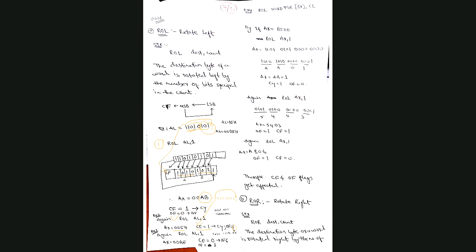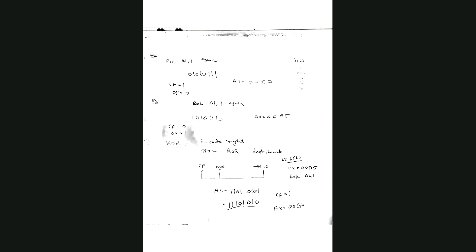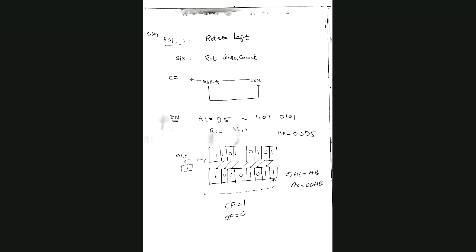Now, third time when you do again, rotate left again. BE, not A. Oh, I'm sorry. I want to show you rotate right. One minute. Yes. Sorry, we went to another slide by mistake. One minute. Yeah, in this case. Okay. Come again. I saw some messages. Let me see it.